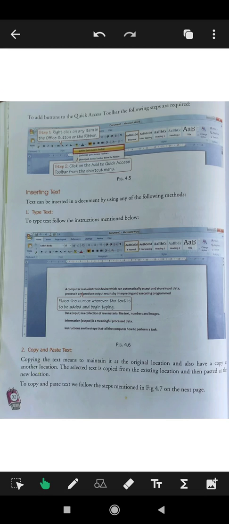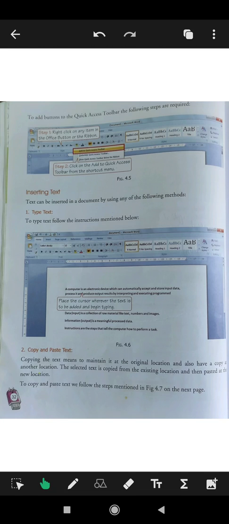See, copying the text means maintaining it at the original location, and also having a copy at another location. So you will have a copy in this location and you will also have another copy of this same document at another location. It's just like copying your notes from your friend.